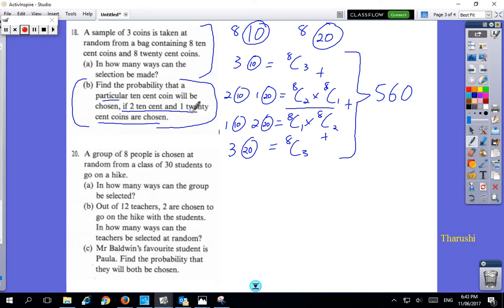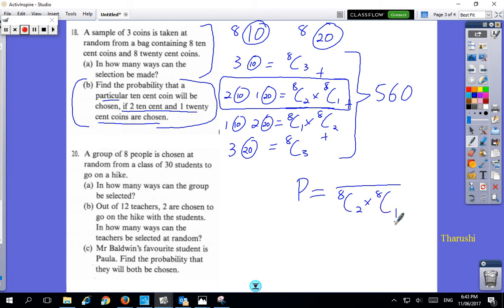So if 2 10-cent coins and 1 20-cent coin are chosen, we're only talking about this here as our restriction. So if I were to make a probability statement, I would have to choose what are the chances of choosing one particular 10-cent piece out of 8C2 times 8C1 possible ways of choosing 2 10-cent and 1